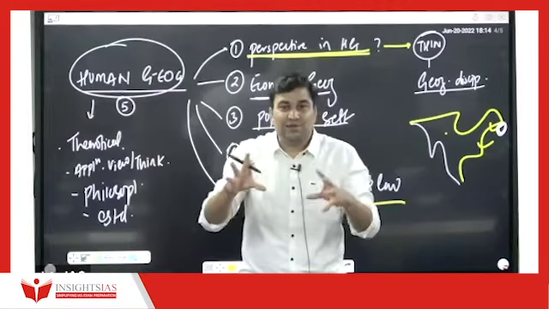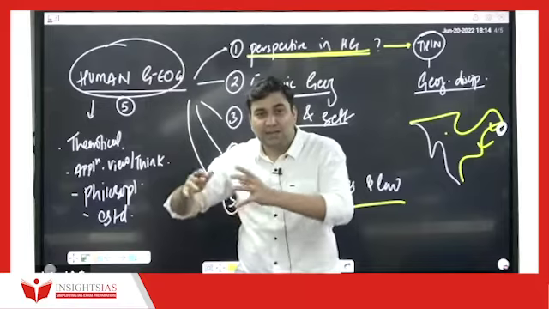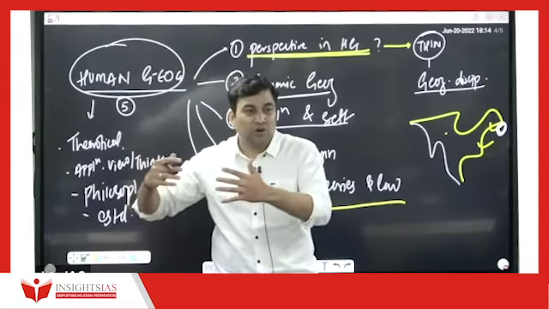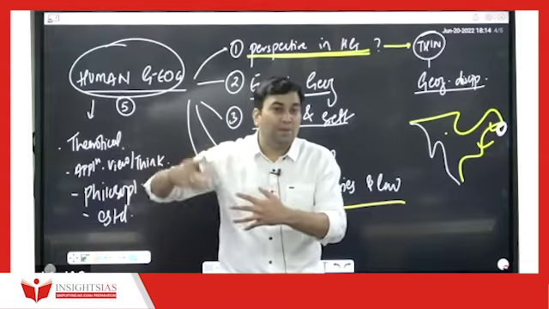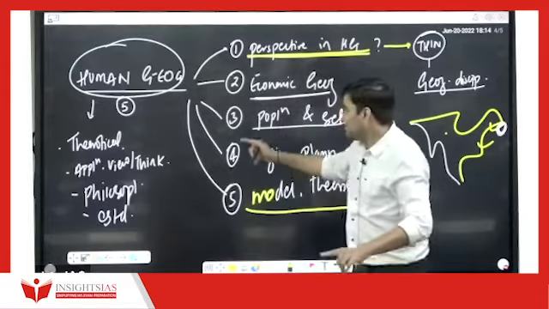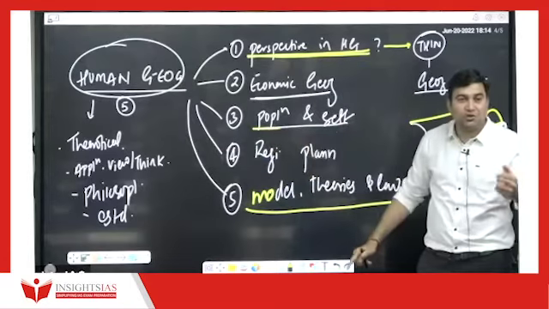So why is it that at one place like India, the population growth is very high? Were there any people like Marx or Malthus who have explained the population theories and the attributes in the various regions? That we are going to study under this topic, that is population geography.